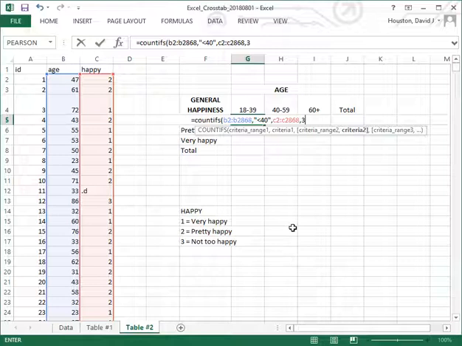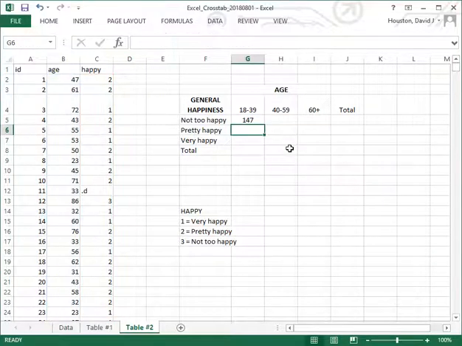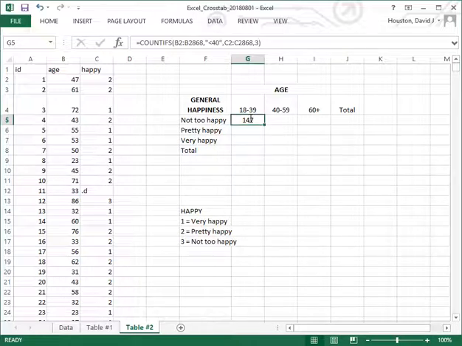Now, since I don't have a greater than or less than some sort of mathematical operator in front of 3, since it is numeric, I don't need to place that inside of double quotations. Close parentheses and go ahead, hit return. Now, one of the things that I can do here, since I'm going to copy this formula across to make things a little easier, so I'm not typing the same formula in several times,